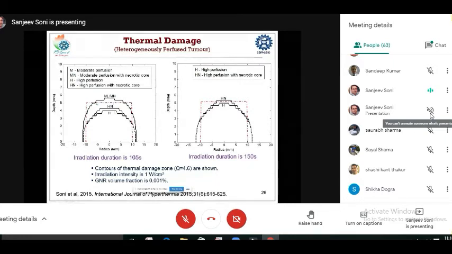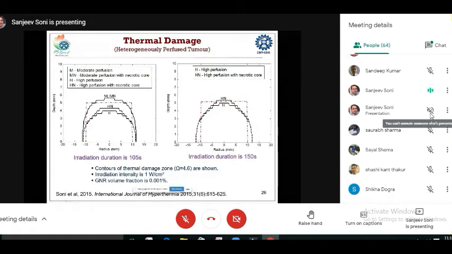So for example, you can see here this red line. Within the red line we have tumor, and this is the healthy tissue. Depending on the tumor characteristics, depending on how much dead cell area we have in the tumor and how much is the blood flow, we can have three different zones, which clearly tell us that we need to consider these necrotic regions as well as the blood flow so that we estimate the proper damage to the tumor.